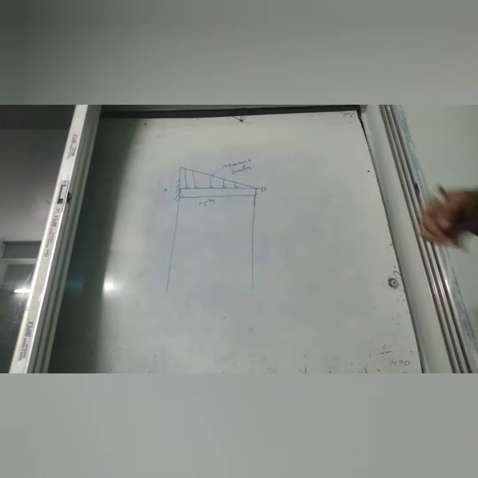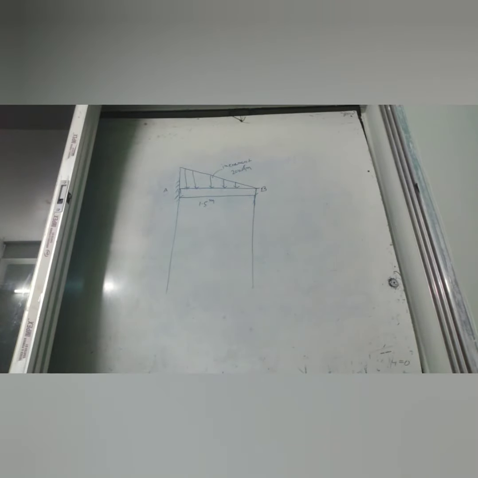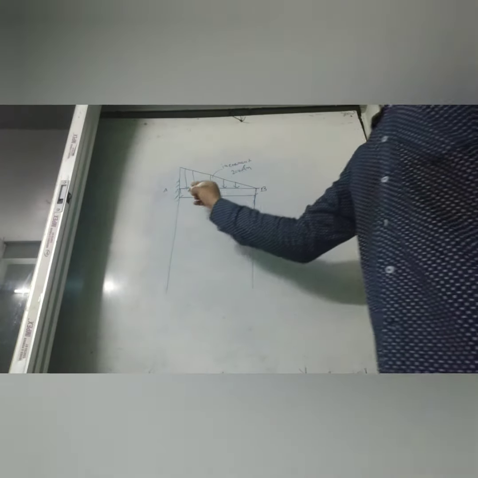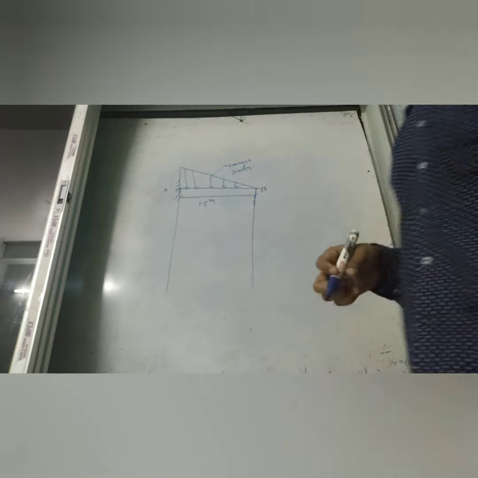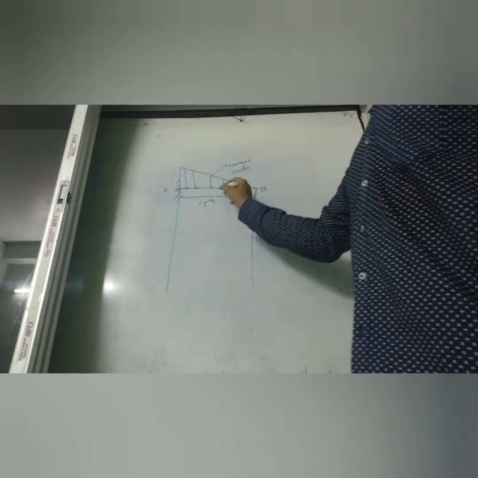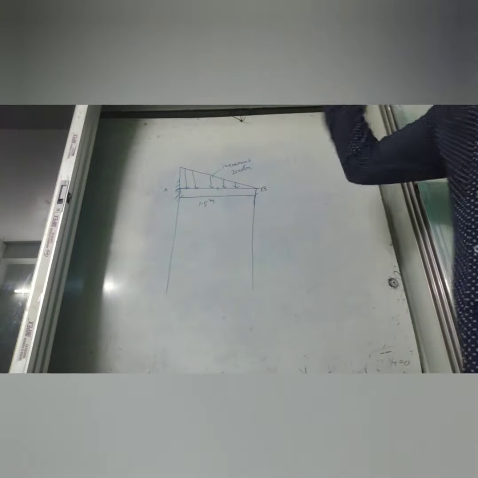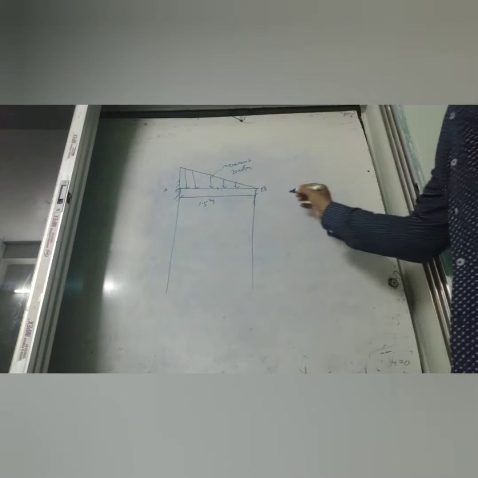Okay, so only 2 points are given, RA and RB. We know that from the last class session, if we calculate the shear force, we only need to calculate for the A point. But I will teach you how we calculate at a specific point. I will calculate the shear force of the midpoint and the bending moment for the middle point also. Okay, so now we will calculate the maximum shear force.